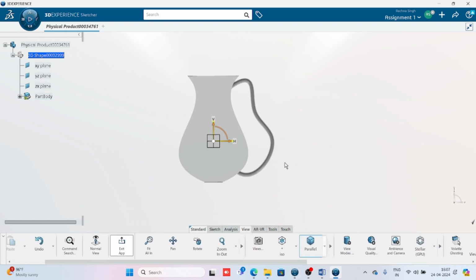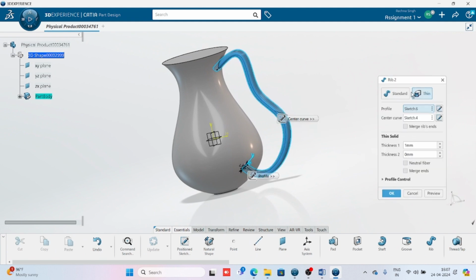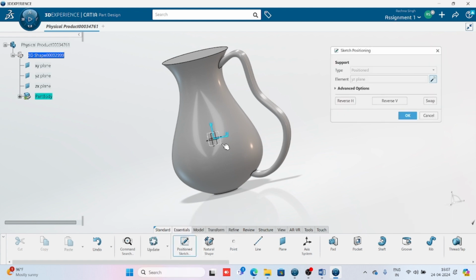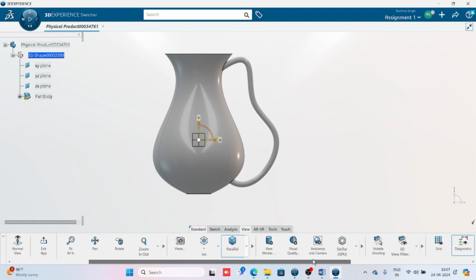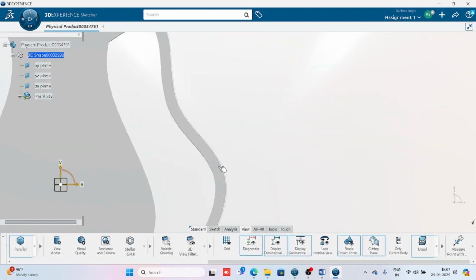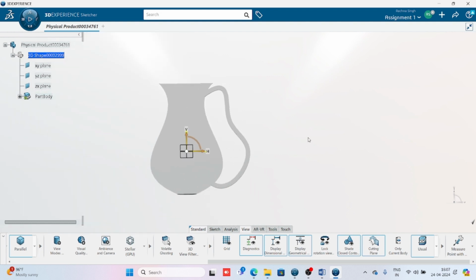Just exit and double click on this, go for standard. Now this one is solid. Now come to the Sketcher window, select this face and cutting plane. Now you can see this one is solid. So if you want a solid handle or a hollow handle, you know very well the use of thin command,